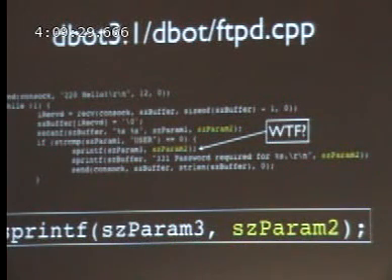But when I was skimming through this code real fast, there's an FTP server in this particular bot, and I noticed this